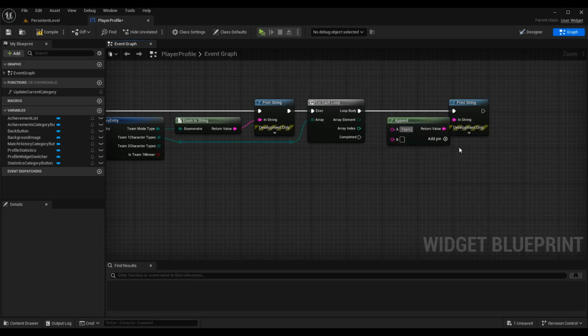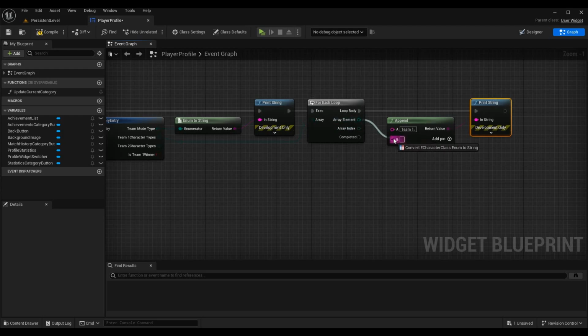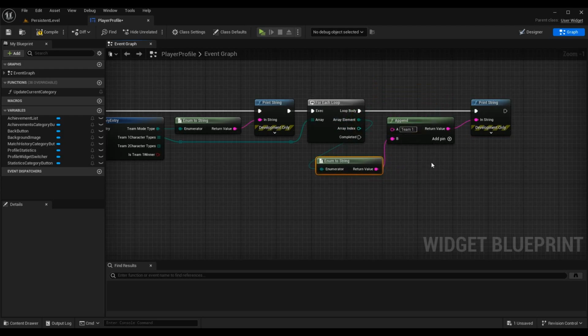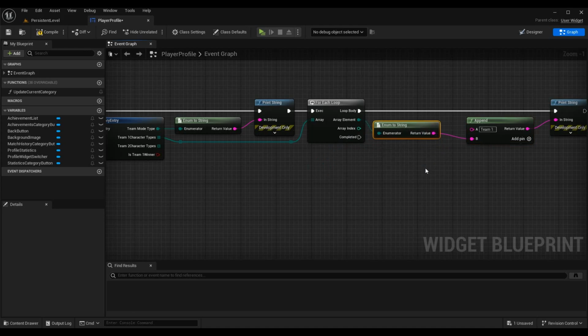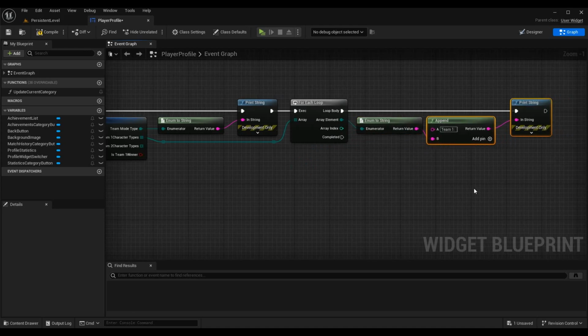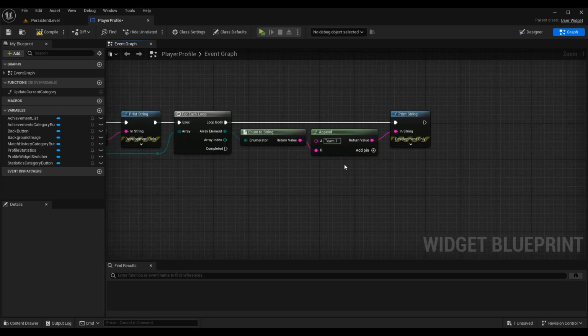And for A, we'll say team1, colon space. For B, I'm going to pass in the array element, which is going to convert it from an enum to a string again. And I'm going to make it neat, that way you guys can tell what's going on, but again, you don't really have to make it this clean. So basically print out the classes for team 1,